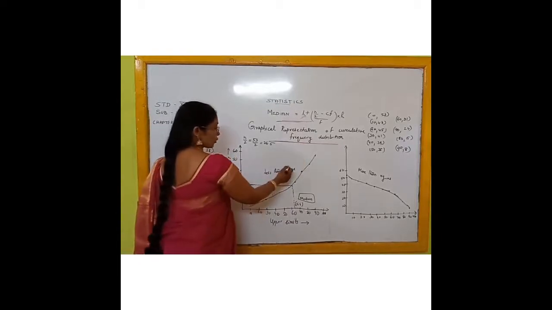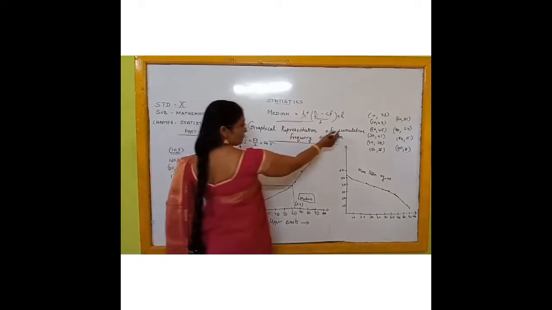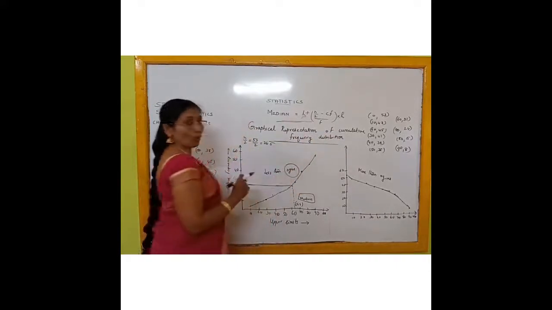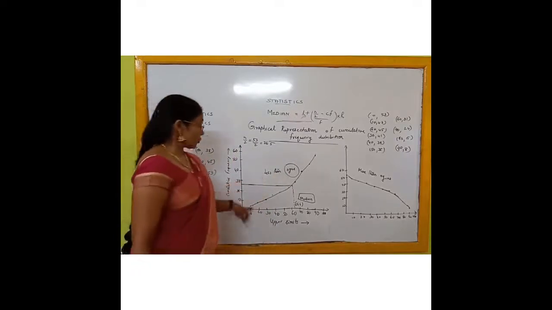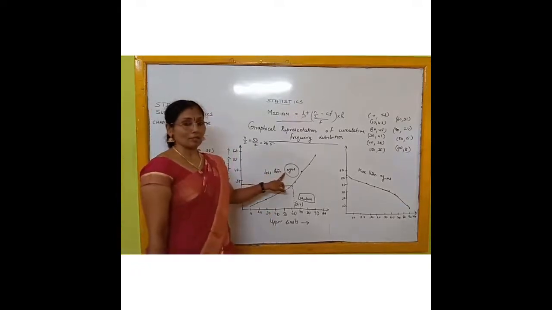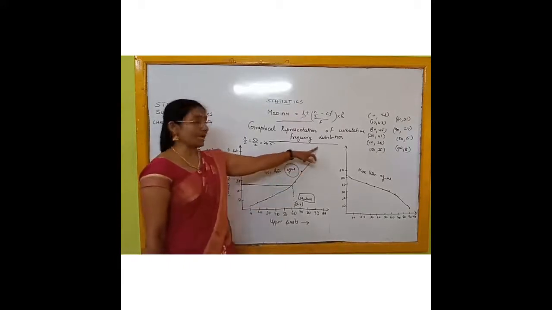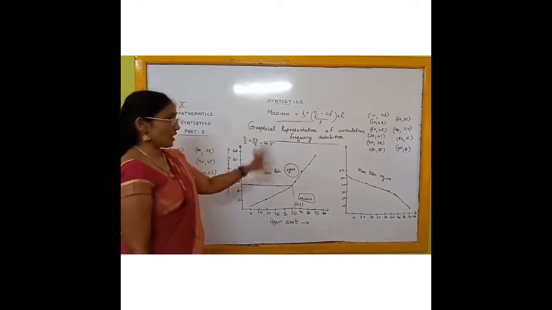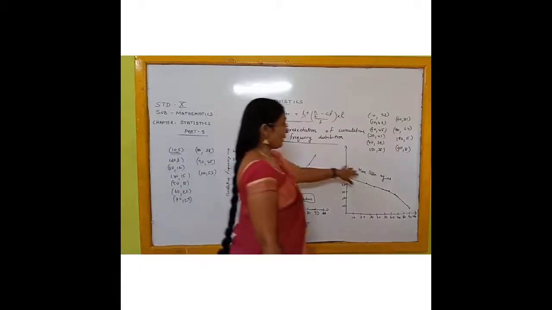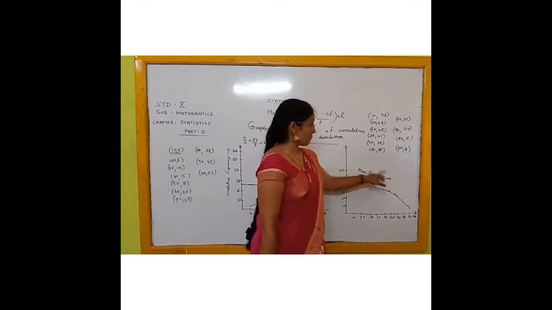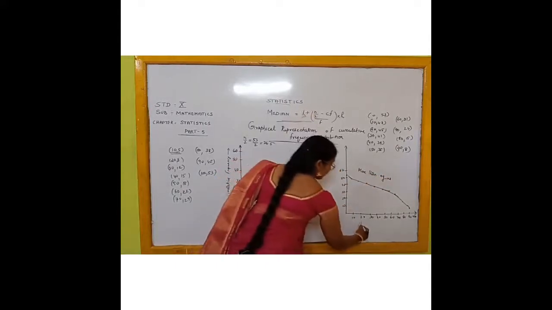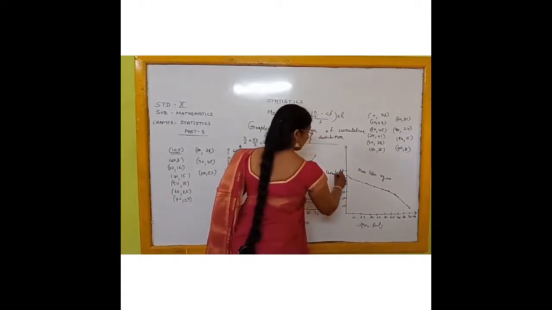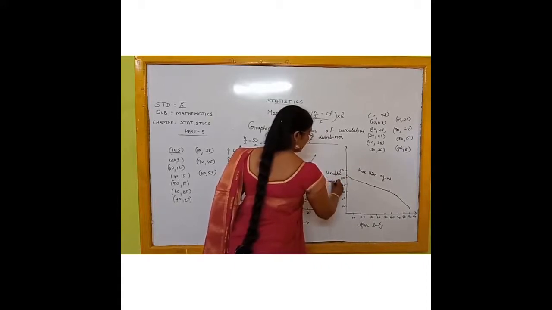This graphical representation of the cumulative frequency distribution is known by the name OGIVE. Okay, O-G-I-V-E, OGIVE. And here we have taken the less than representation, therefore we will call it the less than OGIVE. Okay. Now this is the first graphical representation. In the same way you can draw another graph that is called the more than OGIVE. For the more than OGIVE also you are going to mark the upper limits here and the cumulative frequency only here. But the points will be changed.